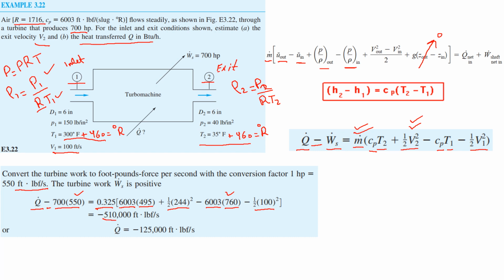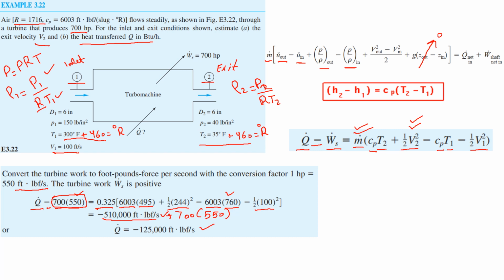So this is the right hand side. From this term we will add this term to this, that is plus 700 into 550. So after adding the work, the power that is transferred, what we will get is our heat transfer,